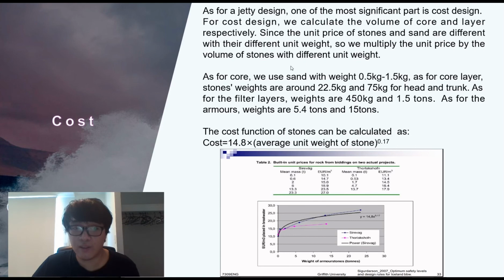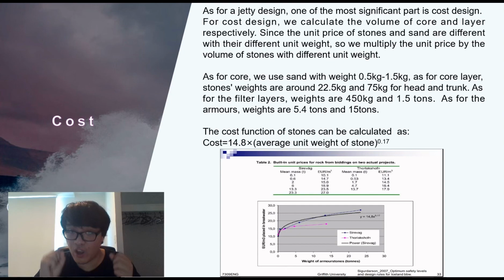As for the cost design, this is one of the most significant parts in the whole design. So, we calculated the volume of core and layer respectively. Since the unit price of stone and sand are different, with a different unit weight, we need to multiply the unit price by the volume of stones with different unit weight. The cost function of stones can be calculated as the total cost equals 14.8 multiplied by the average unit weight of stones